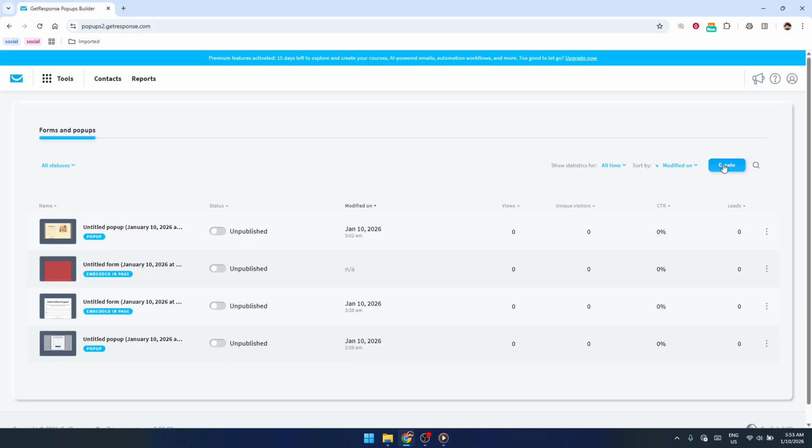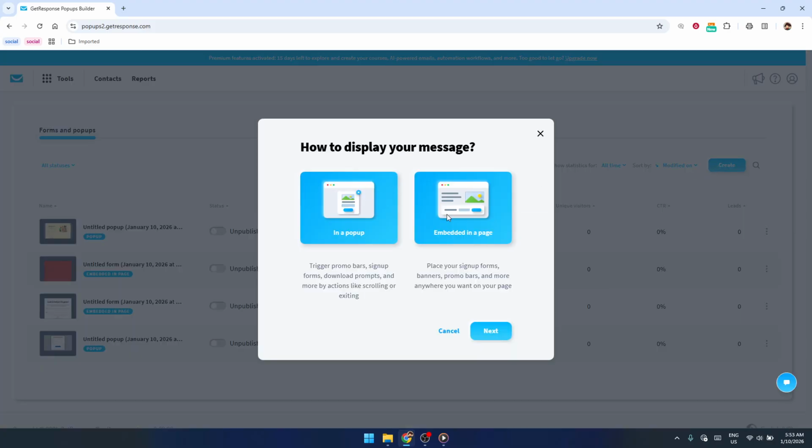On this page, look for the button that says Create Form or Pop-up and click it. This is your starting point for any new form. Getresponse will now ask you what kind of form you want to create. Since we want something that sits directly on your website, choose In-App Form. This option is designed for forms that you embed into your pages rather than something that appears as a separate